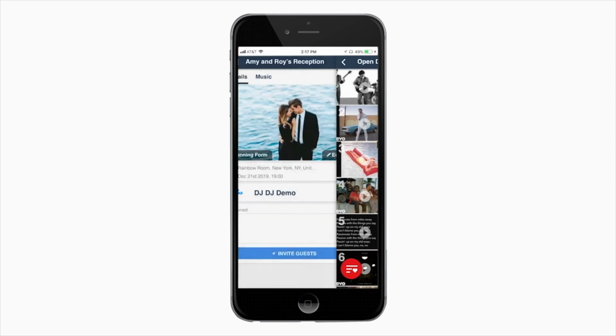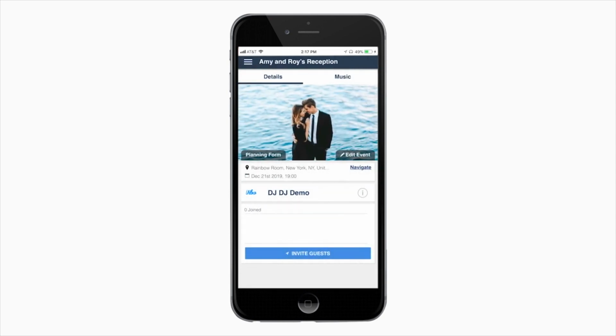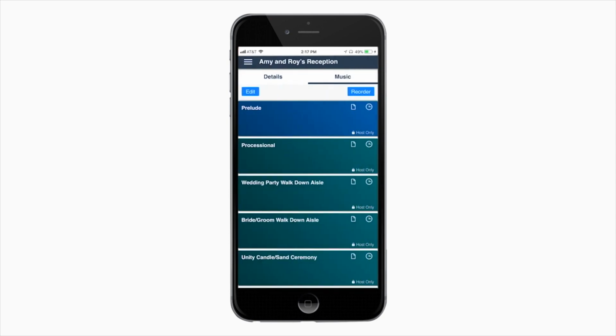Now that you know how to add music, let me show you some other features. Your entertainer has already set up different sections for your specific event. With this example, we'll be dealing with a wedding, which has many different sections. A green color indicates that it's a single song or single event section. A blue color means that you can add multiple songs to that